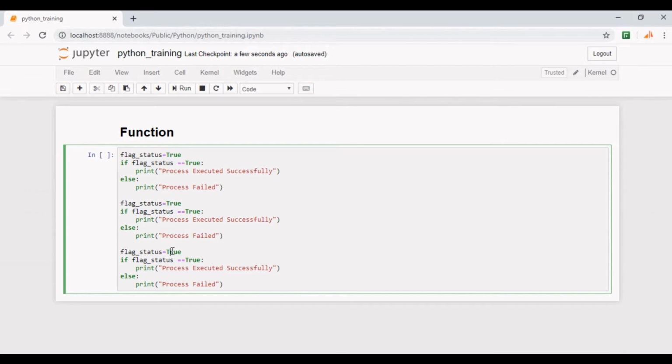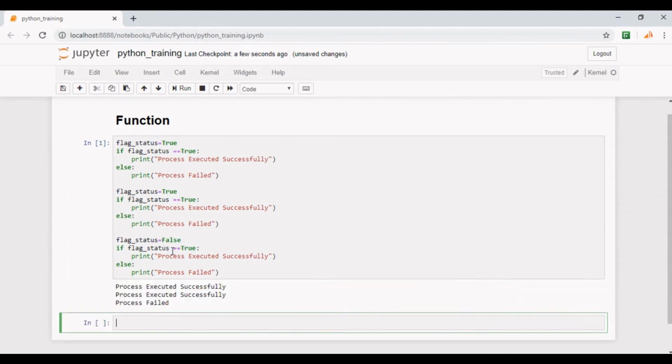Let me change it to false here. Now if I run this, you see the output messages which will be thrown to the user from each specific location of the code. Here you can see that we are repeating the same logic multiple times, and as the number of places which will use this repeating piece of code rises, the code will become bulky unnecessarily.